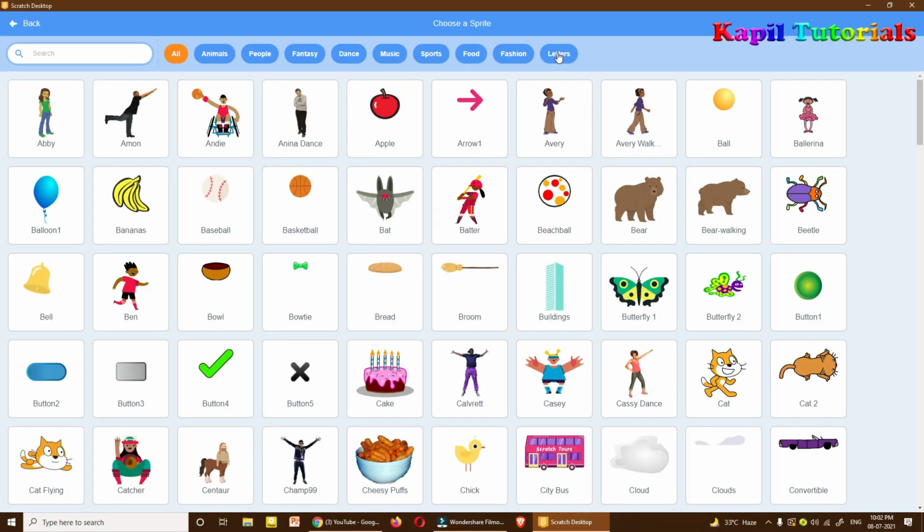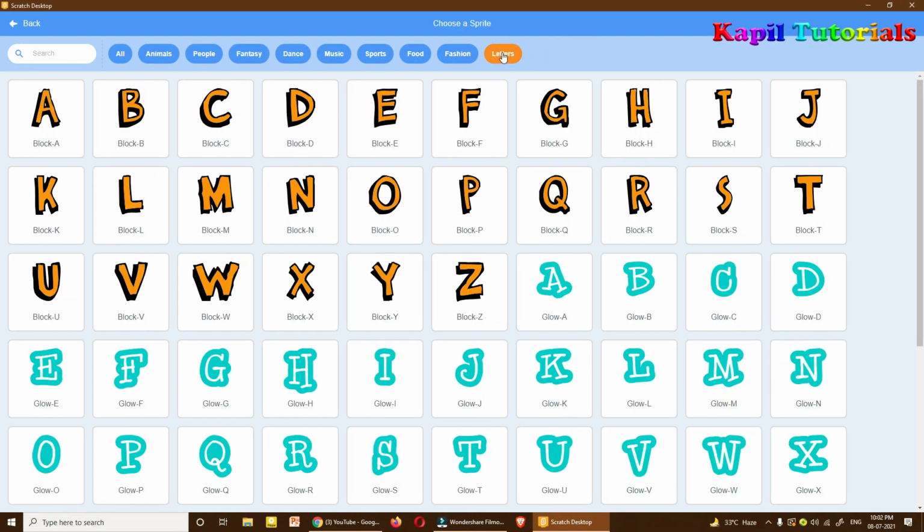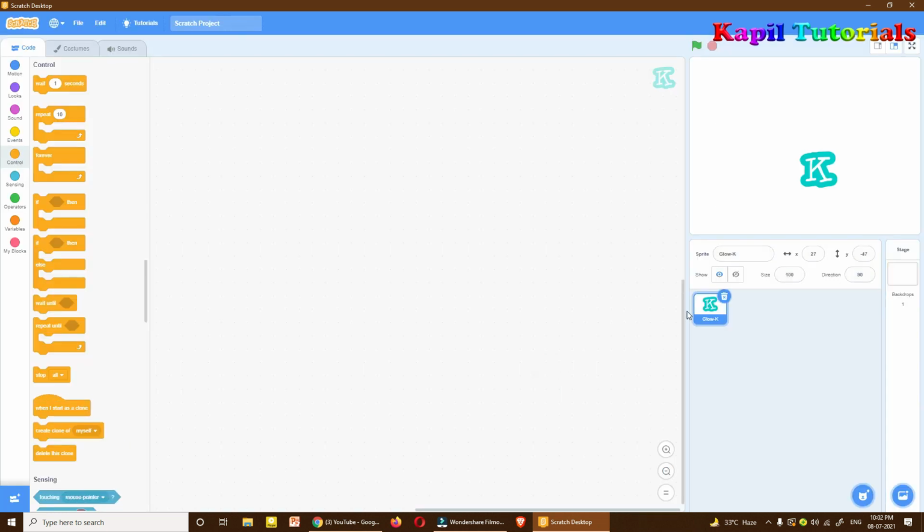I'll click upon letters, and here you could see different kinds of letters. So I'll take any letters. Suppose I'll take my name. So first of all I'm taking K. Okay, so this is my first sprite.